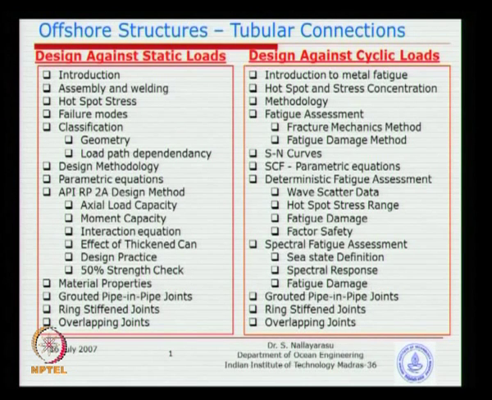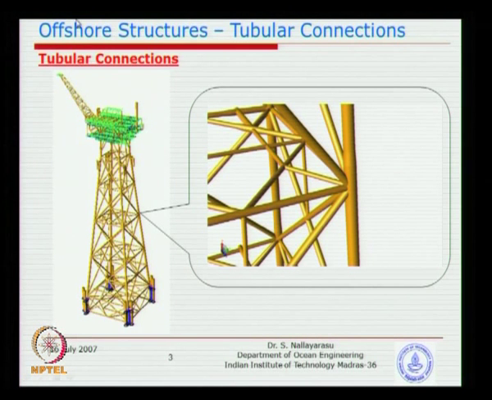As I mentioned earlier on day one, if the structural connections fail before the member fails, the whole structure collapses. You might have seen one of the pictures, I think you may also see here. If you look at this particular connection here, at that junction you can see nearly 9 members, if you count, about 9 or 10 members connected together. So, if the joint gives way because of instability, because of local failure, you will see that all the 9 members will get disengaged and the structure will become unstable.